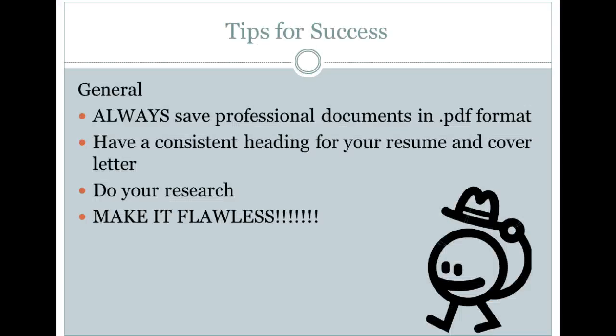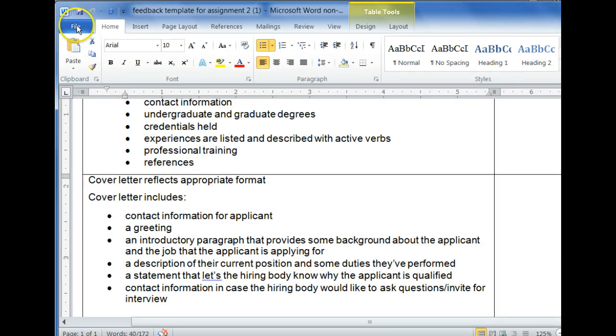So let's talk about just some general tips for success when writing a resume and preparing these professional documents. First of all, as I highlighted, always save your professional documents in PDF format. More so, you are submitting these documents through some sort of online application center, or you're sending them via email, and it is sometimes frustrating when someone opens it up and it doesn't look as though you intended it to, and it actually is a poor reflection on you. So I highly recommend you save in PDF format. Let me just show you how quick and painless that is.